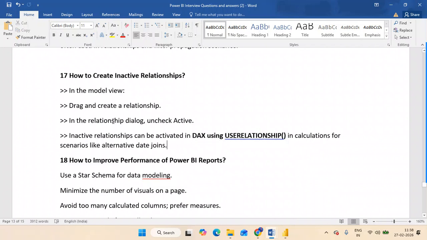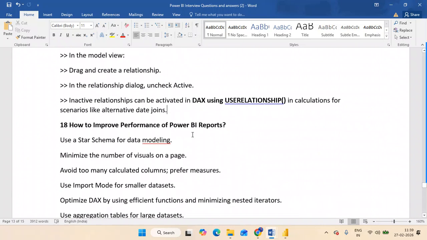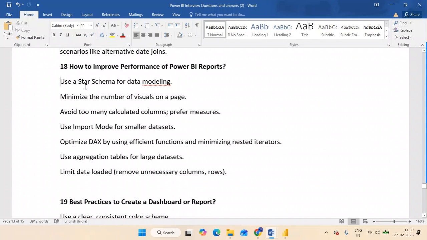Most of the time we use this calculation in date functions, whenever you have many-to-many relations or multiple date tables. In every interview, 100%, if you have 10 interviews, in 10 out of 10 they'll ask this question: